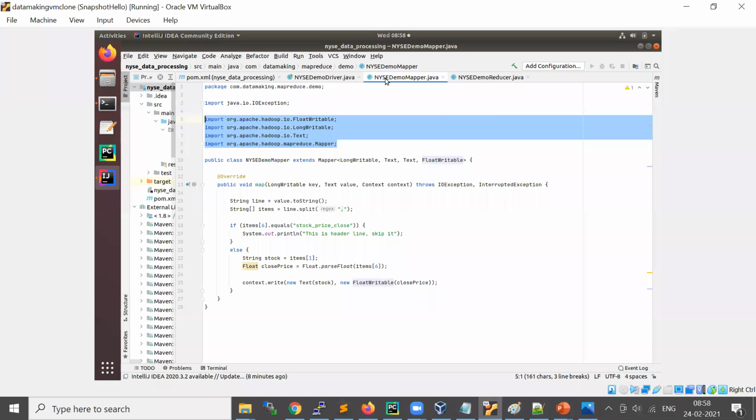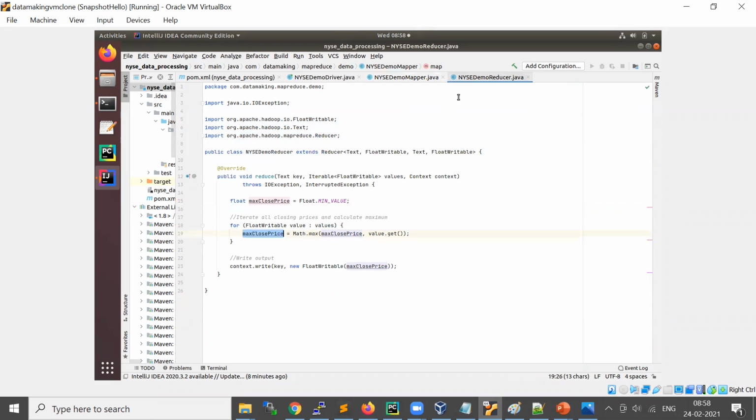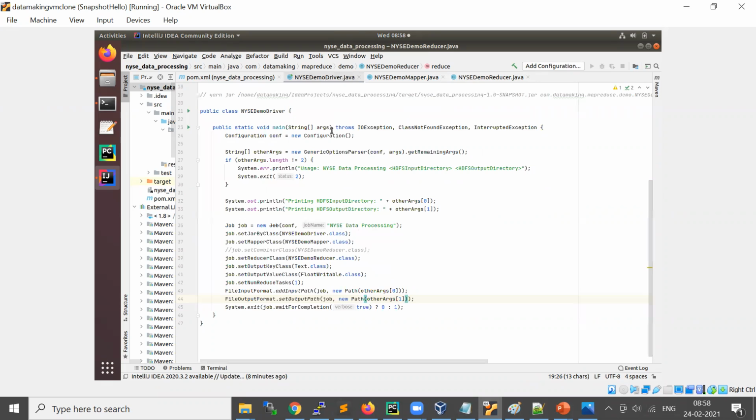Apart from the mapper program, where we do the transformation logic, and the reducer program, where we do the aggregate logic, we have one more program called the driver program. Here we mention our input information. Once we write this program, we have to build it as a jar.